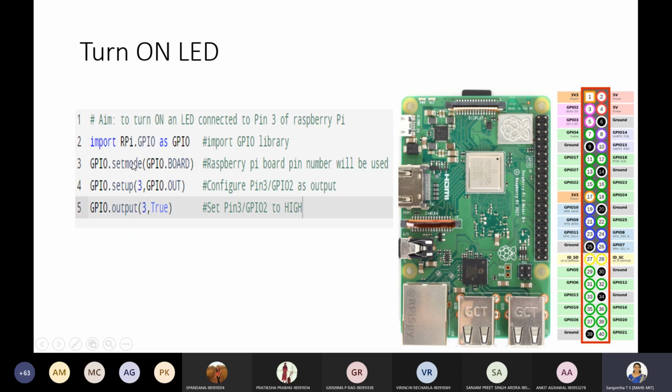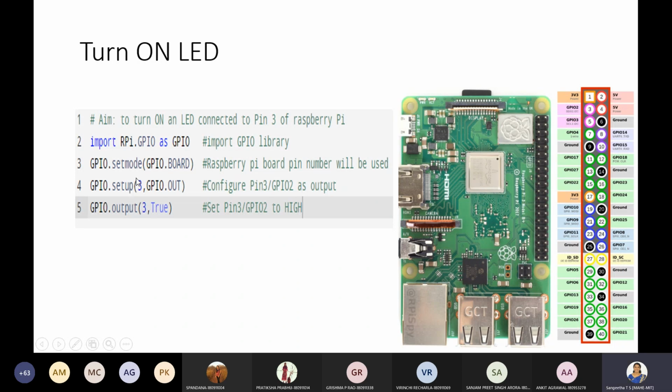Okay. Now, once you set the mode, you have to mention whether the pin you are considering from these input output pin slots is an input port or output port. So show which pin you are using. Since I am using the board numbering, you have to make use of the numbers which are inside these circles. So I'm using this GPIO 3. Sorry, not GPIO 3. I'm using pin number 3.